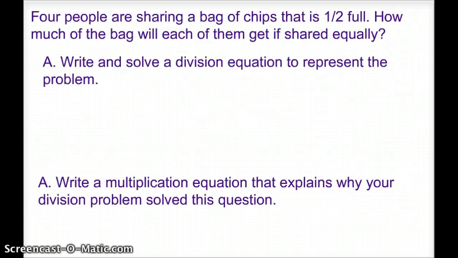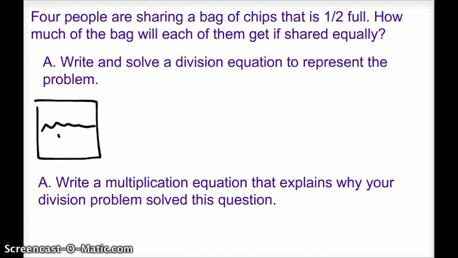Last problem. 4 people are sharing a bag of chips that is a half full. How much of the bag will each of them get if shared equally? Let's draw our picture. Here is our bag of chips. It is only half full. And here are my